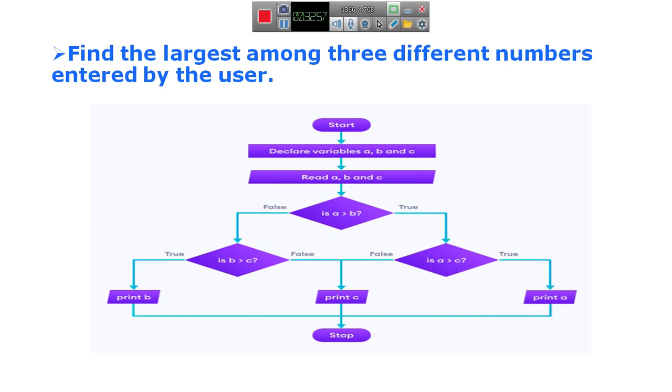So here we are comparing three numbers, finding out which is the largest among these three numbers.